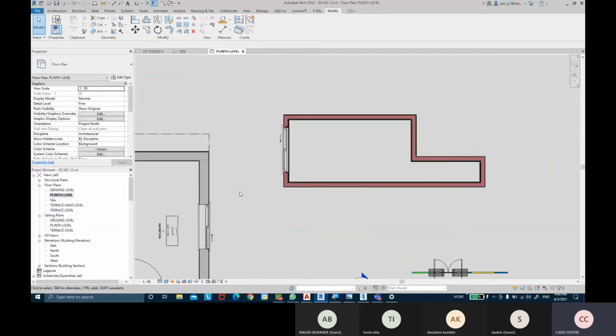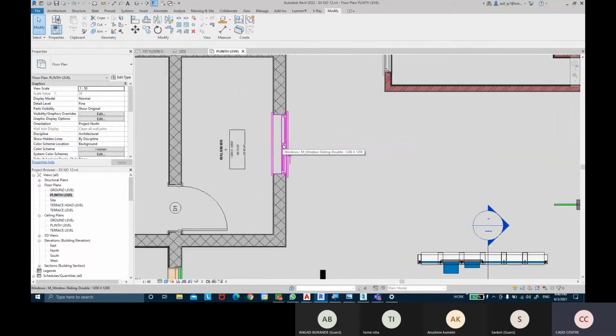Okay. So the create similar tool is useful if you want to create a similar object but in a different place or on a different hosted element. So you can take that command. It only works when you have selected an object. If you have not selected any object, the create similar command won't work. So it's like a match properties tool, you can say. Only thing is it helps you to create an object, not to match the properties.